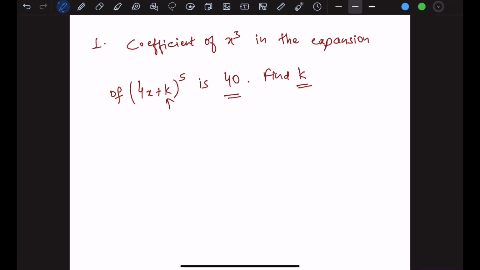Okay, let's look at the questions we went through in problem set 2. The first question is to find the coefficient of x cube in the expansion of this. So we try to expand this. When we expand this, what we will get is